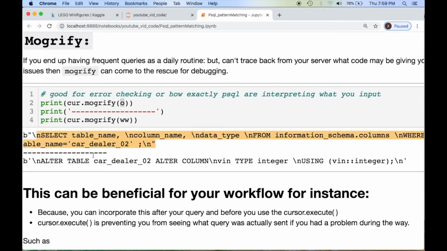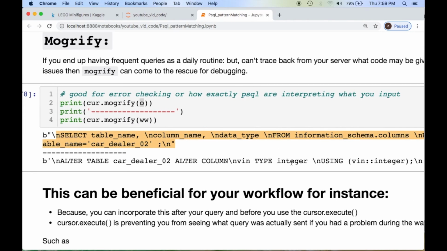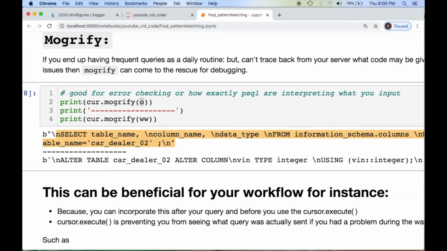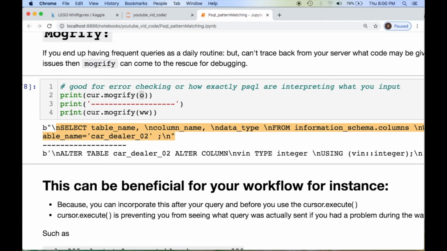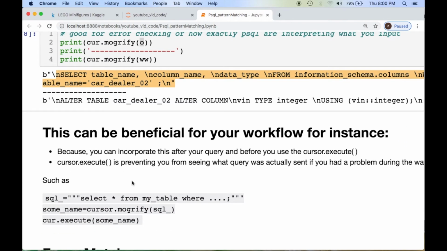So I'm selecting some table with some column, the data type, and then from the schema with my columns. And then I'm calling in the where clause and throwing it into my table of interest. And I did the same thing for the one we just did above. But this could be pretty useful, for instance, if you were trying to do some troubleshooting and throw this into